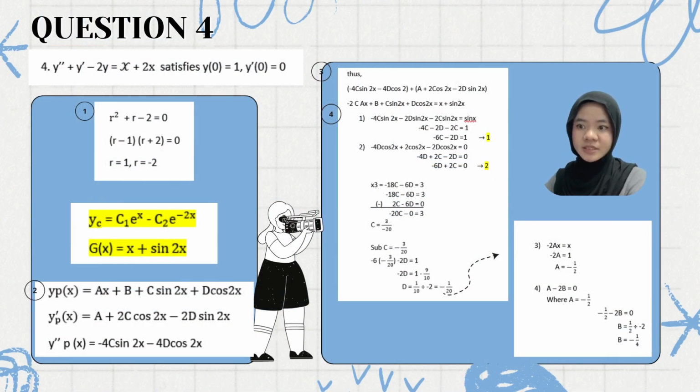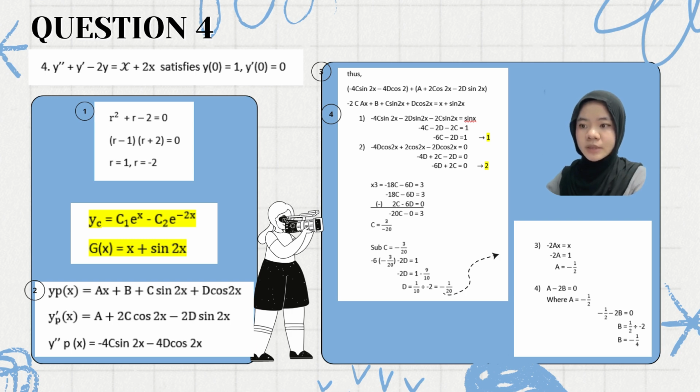I'm going to explain question 4. So the differential equation has y(0) equal to 1 and y'(0) equal to 0. So the first step is to form the characteristic equation. So we get r square plus r minus 2 equal to 0, and then factor, and then get r1 equal to 1,